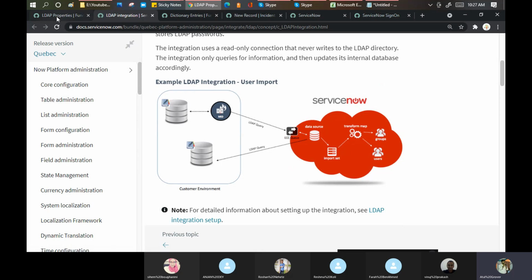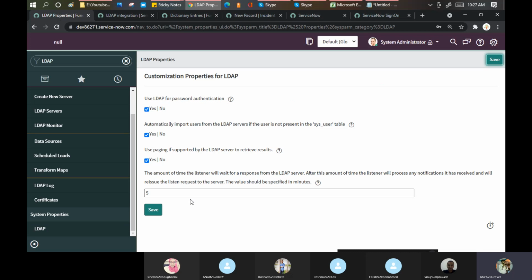So it's saying how much time you want to put, in minutes. I said try for 5 minutes. If nobody opens the door, come back. Like it happens: if you go somewhere, you knock on the door 3 or 4 times. It is a standard practice in IT. Suppose you are working as a major incident manager or incident manager. It has been said that a person will call you at odd timings.